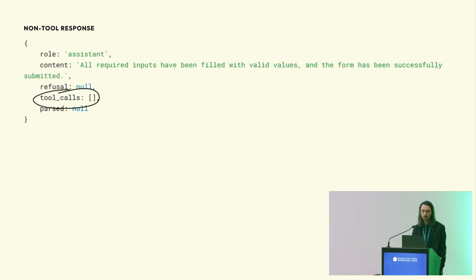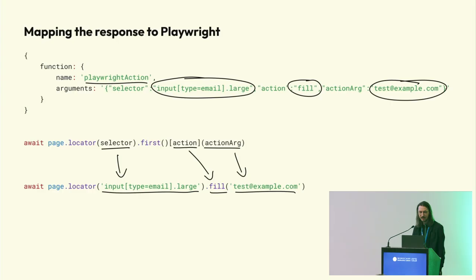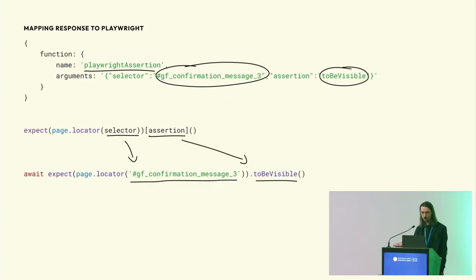But there could be other non-tool related responses. These are mostly for our information that the LLM finished something, or this could be error messages. So we can either log them or throw an error, practically failing the test. And the last part of the puzzle is the responsibility to map the responses to code that we have to execute. We are taking the arguments and all we have to do is replace them in the variables, and then we get the final code that is executed. And this is the one for the assertion.